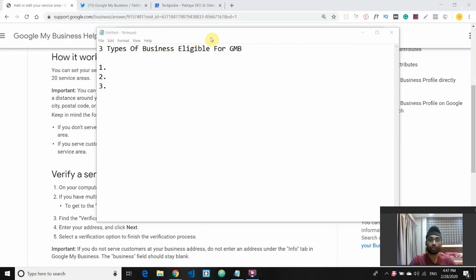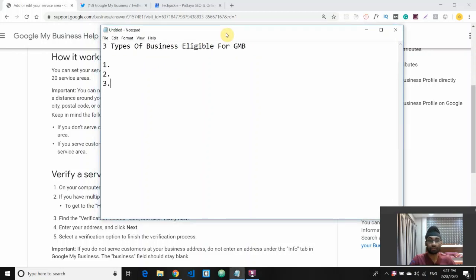All right, so guys, before I jump into the problems or the mistakes and how to prevent them, let me first clarify what types of business are eligible for claiming and verifying Google My Business listings. According to the Google documentation, there are three types of business that are eligible for a Google My Business listing. First is the business with a physical